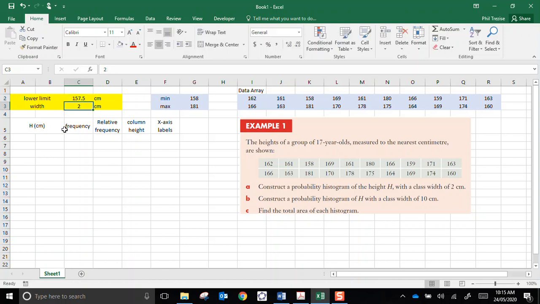So to reflect that, I'm going to put a lower limit of 157.5. Now, with my width of 2, anything from 157.5 to 159.5 would get counted in the first, we call them bins. So here's my height. Well, this is going to be my table. My height, I'm going to start with the lower limit that I've just assigned. Then, what would the next one start with? It would be the previous one plus the width. I'll put absolute references there on the width, and then I copy those down,